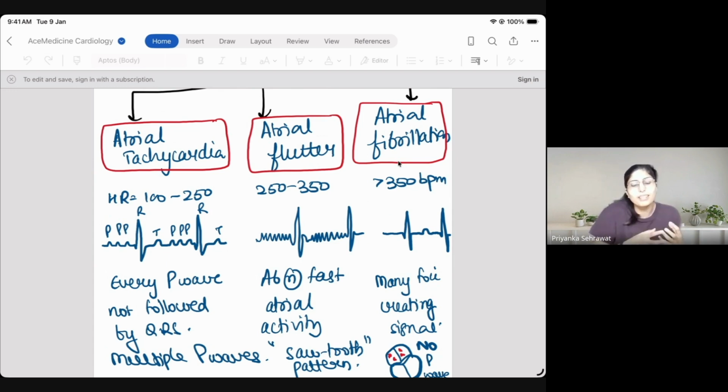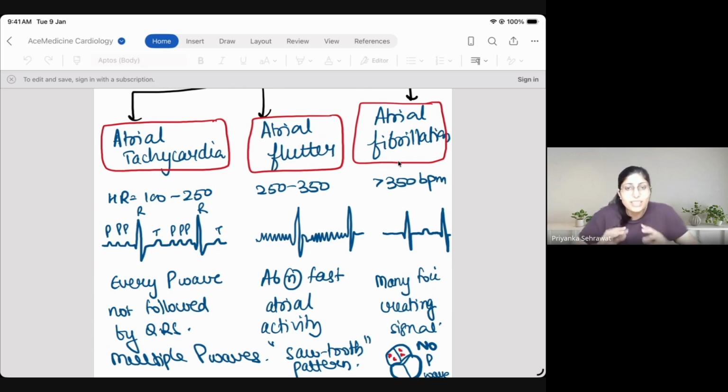Now because few atrial muscles are firing, which are very small in number, every current from the atrial muscle doesn't get transported to the AV node. So what happens is that we get multiple P waves and then some current gets sent to the ventricle, which gives rise to QRS. So we get multiple normal morphology P waves, less than 2.5 millimeter amplitude, followed by one QRS. Then again multiple P waves, then one QRS. QRS morphology is completely normal because nothing is wrong with the ventricles.